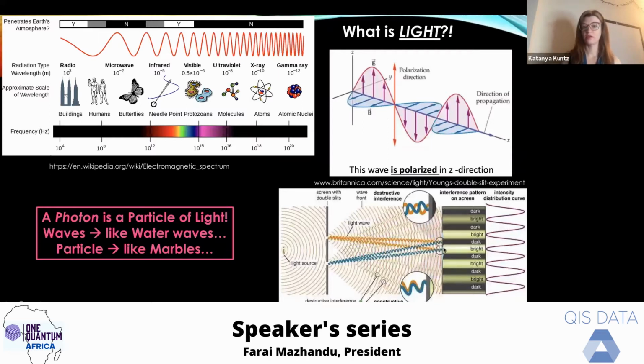And you might have seen this before. Light can do very interesting things. And when we start to examine it on the particle scale, light can act like a wave or like a particle, with the duality of that. And so the Young double slit experiment was an excellent example of that. Just wanted to show that. Okay, so that's the very, very basic introduction of that.